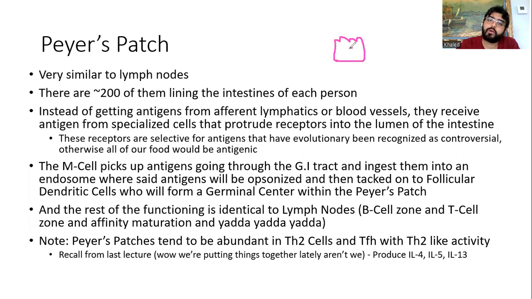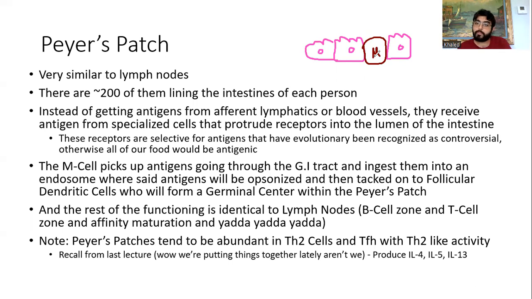So here we just have our columnar cells that kind of line the small intestine, right? And they just kind of form like a row, right? But wedged between them, you're going to have something called an M cell, and the M cell is going to sit on top of a Peyer's patch, and the Peyer's patch is just a famous structure that's part of